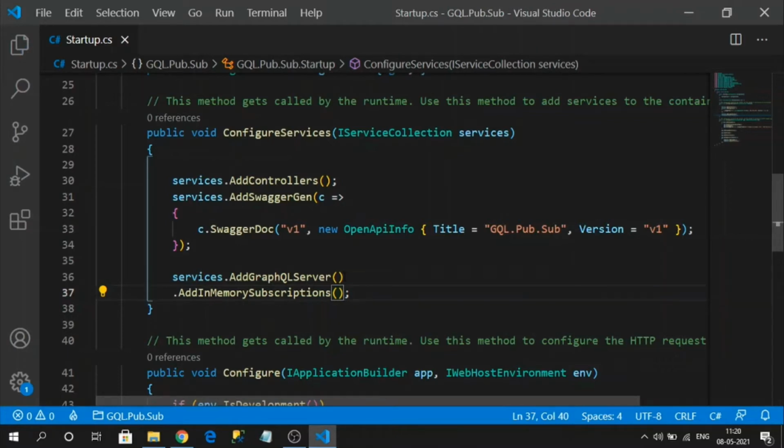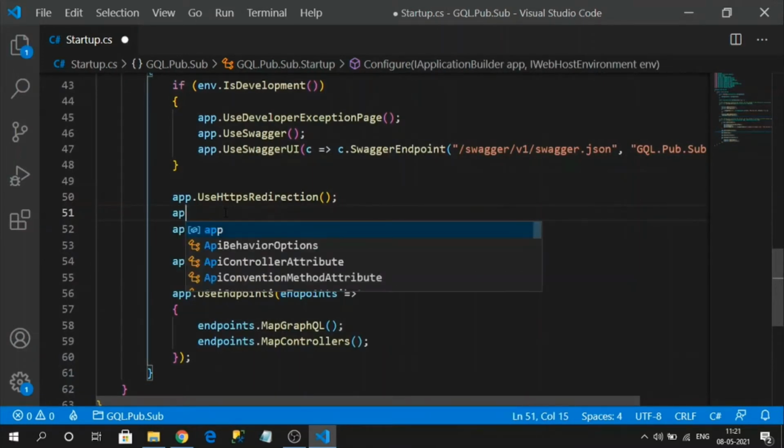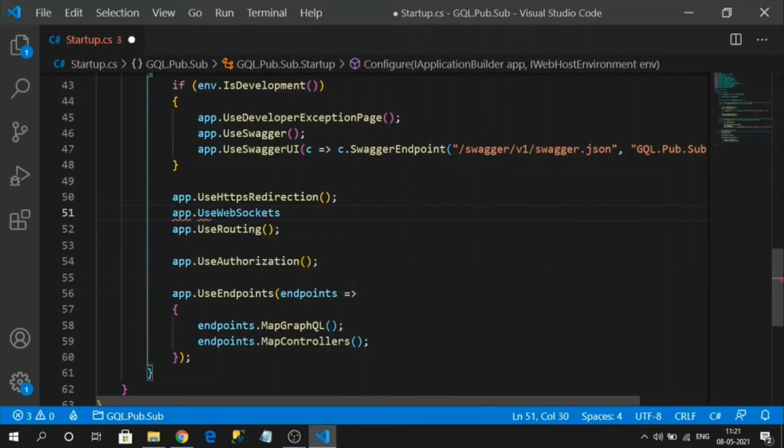Now, I have also mentioned that the subscription and the subscribers will maintain a channel that is not a normal ordinary HTTP. It should be a WebSocket, because the connection should be a long-lived connection with the client, so that the server can push the latest data to every client that is subscribed to our endpoint. So for that, we need to add WebSocket on top of the routing middleware. Let's add the WebSocket middleware. Okay, we use WebSockets.